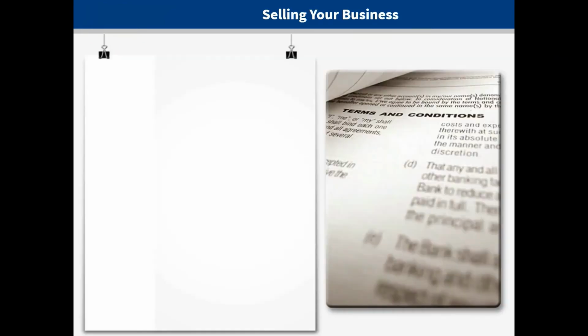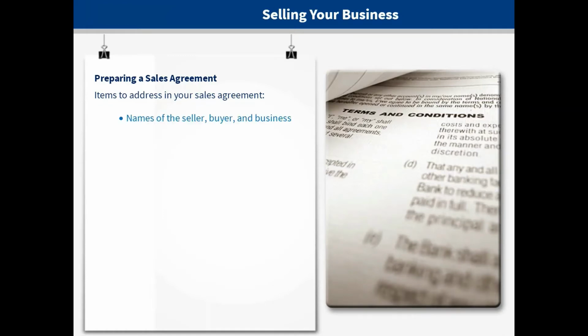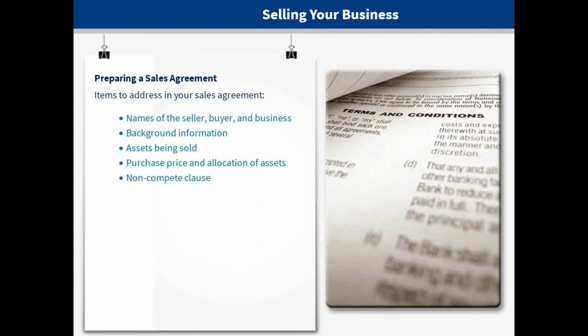No matter which option you choose, in order to sell your business officially, you need to prepare a sales agreement. A sales agreement is a key document in selling the business assets or stock of a corporation. It is important to make sure the agreement is accurate and contains all the terms of the purchase. Items that should be addressed in your sales agreement include names of the seller, buyer, and business, background information, assets being sold, purchase price and allocation of assets, a non-compete clause or covenant not to compete, any adjustments to be